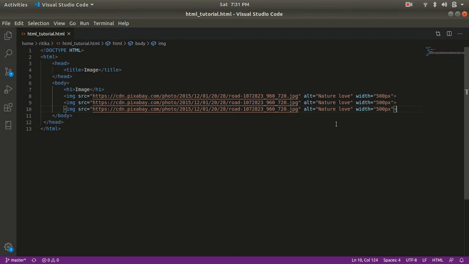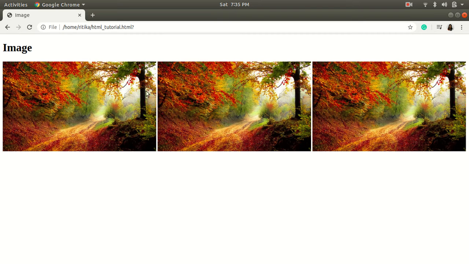Let's try. Since we are not using a style sheet right now, by default we have padding and margin in the body. So for that reason I have to use 33.1%. Otherwise, if there is no margin and padding, then definitely if we are dividing 100 into 3 parts, it will be 33.3%. So see the result. Now it is divided into 3 parts.